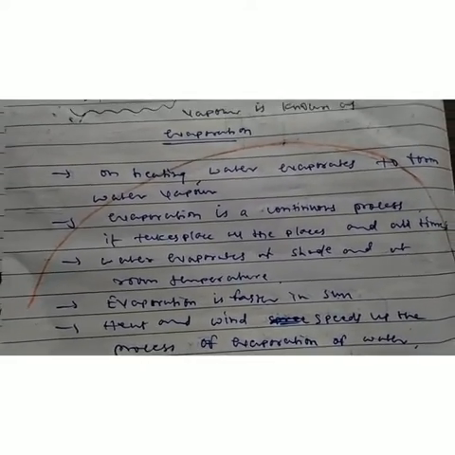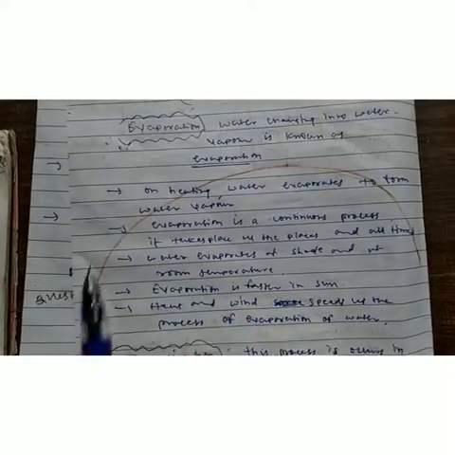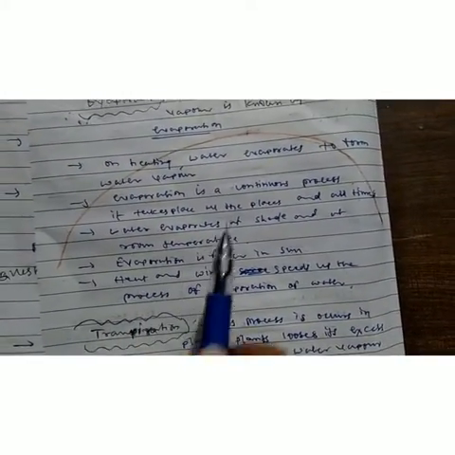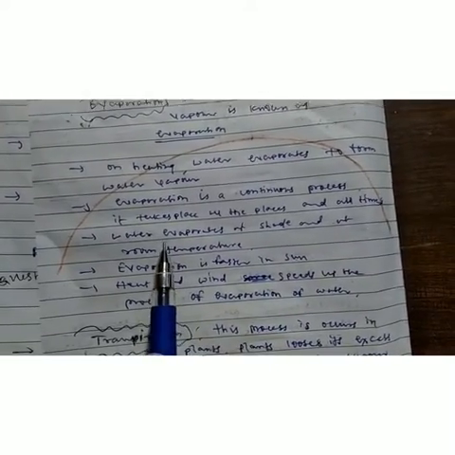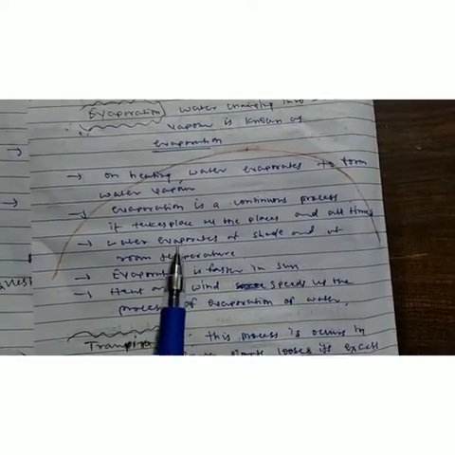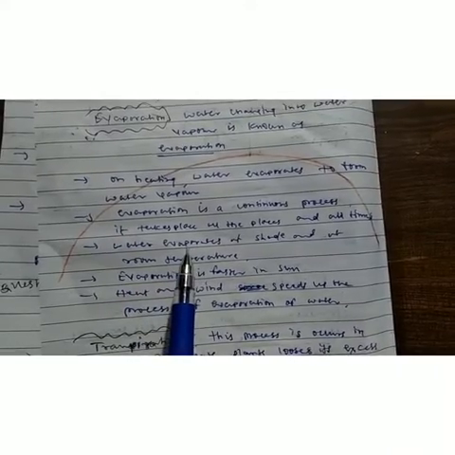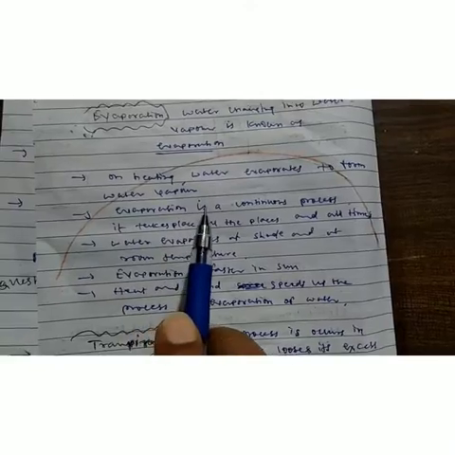Now you see that in the water cycle, evaporation plays a very important role. This is the first step. It is a continuous process, and it happens everywhere. But what factors affect the evaporation process? These questions may come to you, and at that time you have to understand. Which factor affects the evaporation process? The sun, that is the heat. Heat affects the evaporation process. With more heat, evaporation will be more.